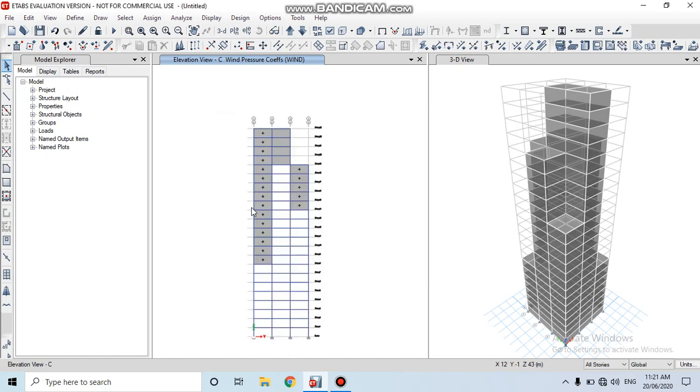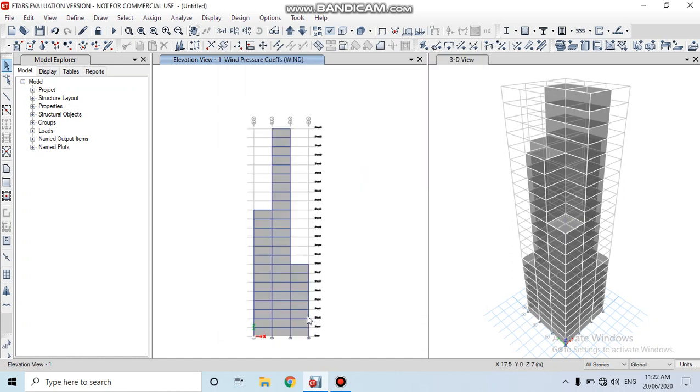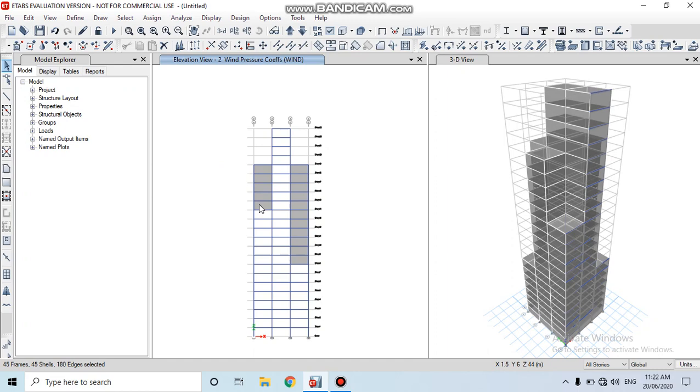Now towards the other side, the wind shells are to be selected. Then go to the elevation view. Then select 1 and click on OK. Select all the shells here. Here the shells are selected by all stories. Towards elevation 2, the shells are to be selected.